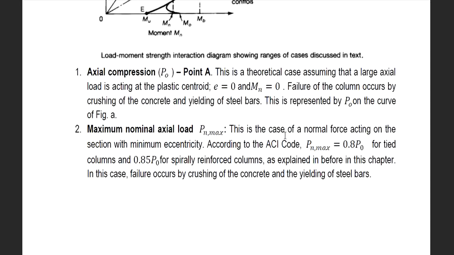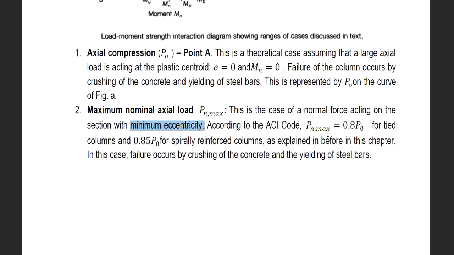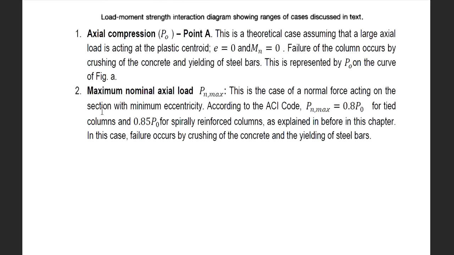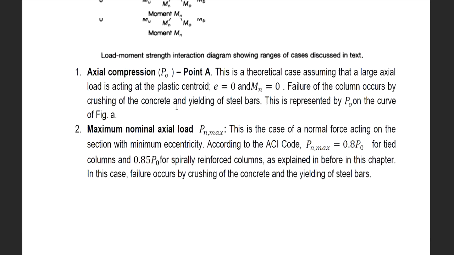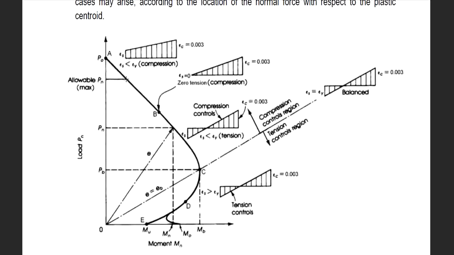This is the case of nominal force acting on section with minimum eccentricity. So here we are considering the minimum eccentricity. According to ACI code, minimum eccentricity it is this much, but we need to worry about the IS code. So according to IS code, whatever the minimum eccentricity is there, 20 mm are those formulas. According to that, we need to consider the minimum eccentricity and then we need to calculate. Okay, so with the minimum eccentricity, we are considering the point till here. So this is the A dash.